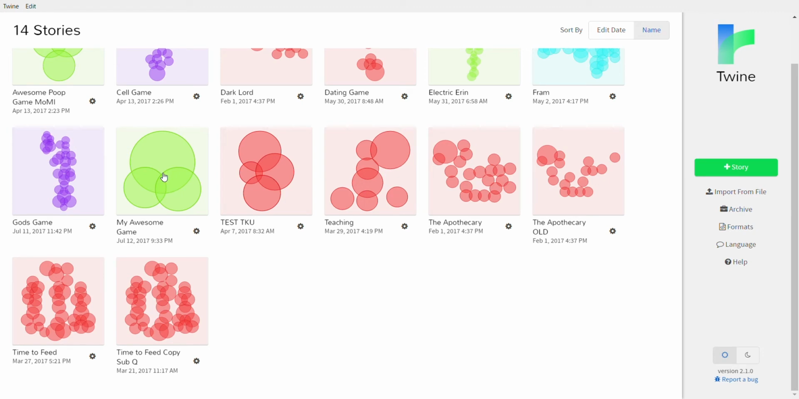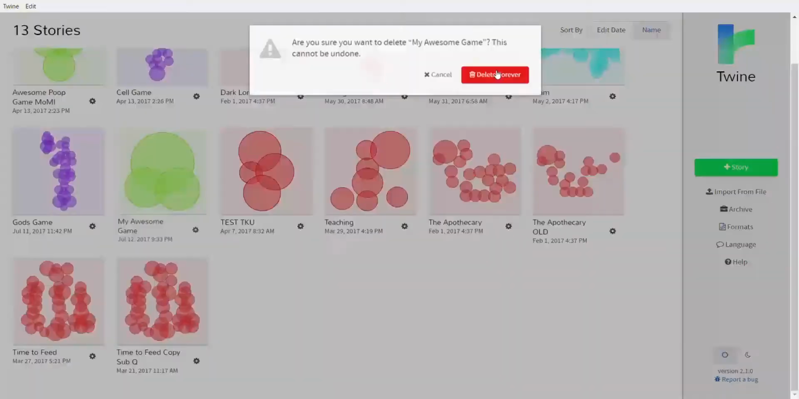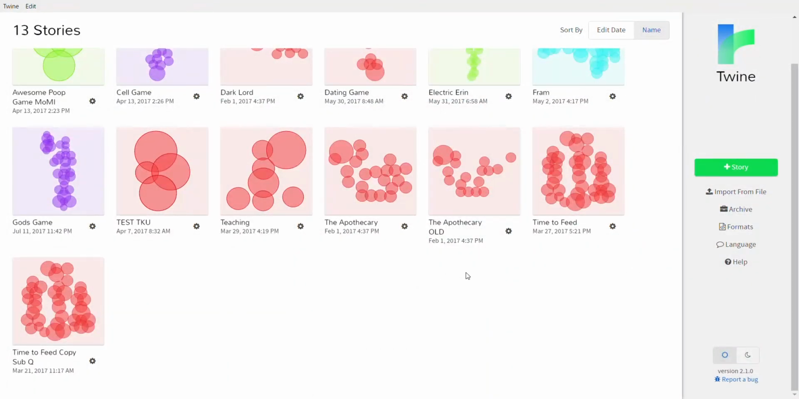Now, first, see here, my awesome game is there. I want to delete that for now because I'm going to make a new game. So you click here, and you can delete the story. It'll ask you, are you sure? You can delete my awesome game. Okay, so